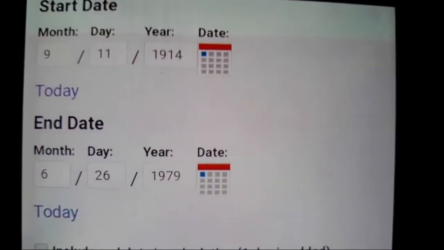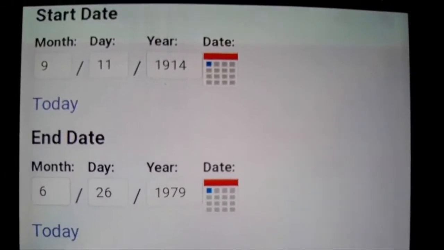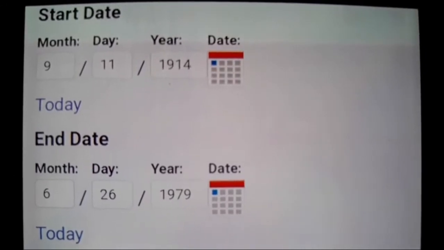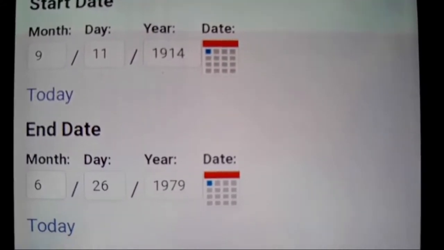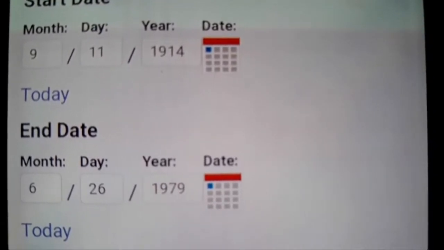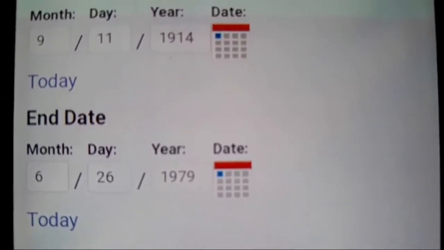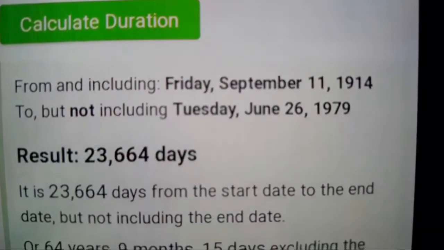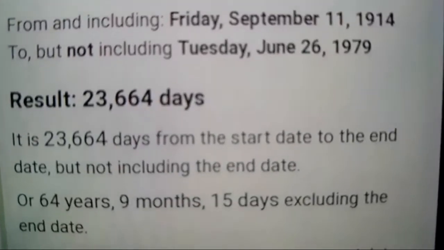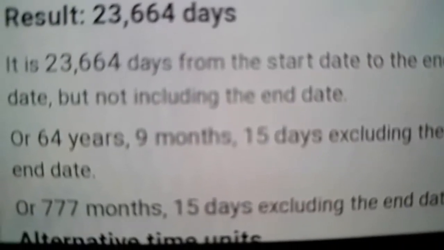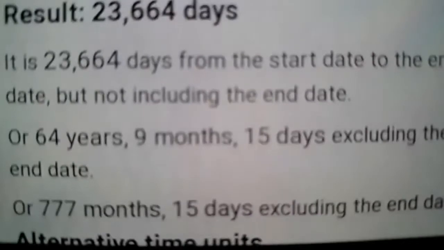Okay, so from Vester Presley, check this out. From Vester Presley, Elvis's dad's brother, who was born on 9/11/1914, to Vernon Presley's death date. Vernon is his brother. So to his death, let's see what that is. 23/6/64. It doesn't mean anything. Why am I showing this? Oh, right there. 777 months. So there's a 777, if that means anything.